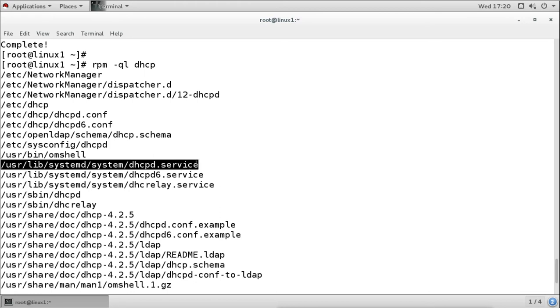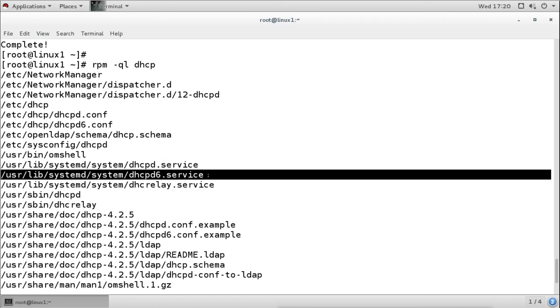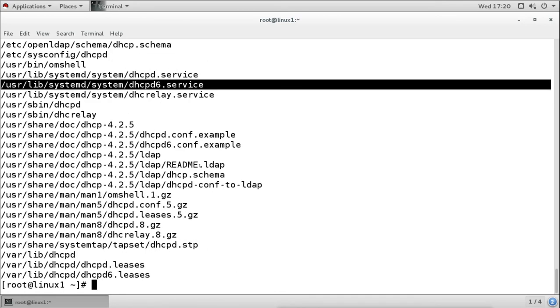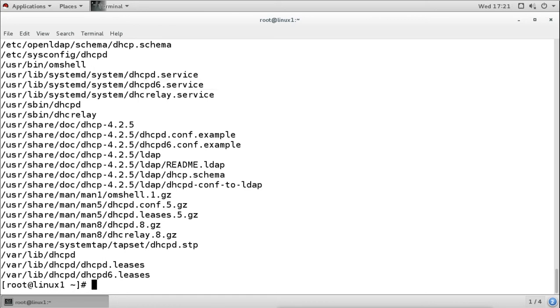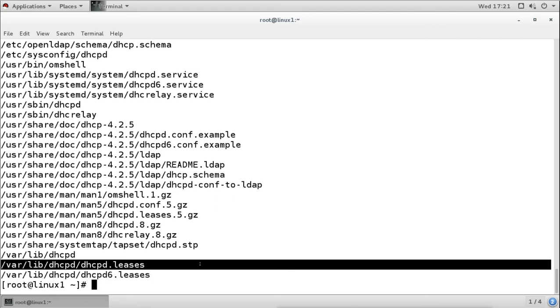Then we have the service, dhcpd.service. The service name is dhcpd. And for IPv6, we have dhcpd6.service. Then we have these documentation files for configuration and other information. Then we have these two files which keep the information about leases.